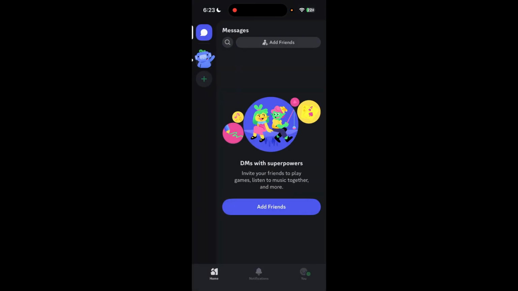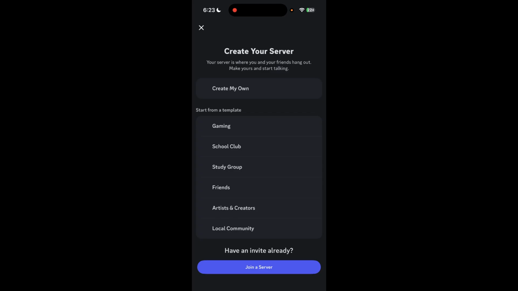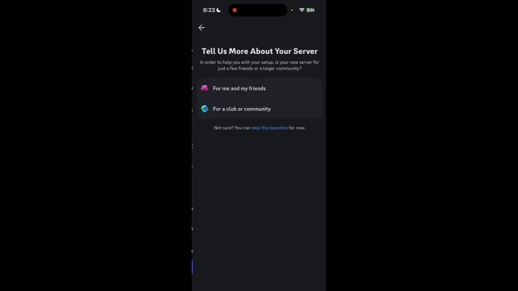And joining or creating a server. Servers are the core of Discord. To join one, what you can do is tap on the plus icon on the left hand side at the top. Over here, you can simply create your own, or you can also start from a template. And if you have an invite link, you can choose join a server and paste the link as well at the bottom. To create your own server, you can tap on create my own at the top there, and